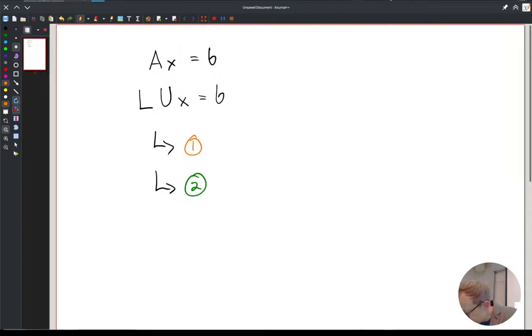9 is orange. So first I'm going to say L times, call it like Y, equals B, where this is Y. So UX equals Y. And it seems like we're making it more complicated, but